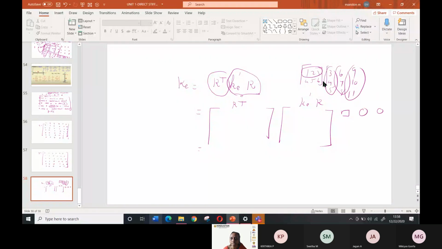Now move on to the second row. Second row, first column, you will get this number. Second row you have to fill up like this. So first you finish the first row. First row means first row, first column, first row, second column, first row, third column. So you'll get this number. So like that, you finish it up now and tell me the answer.